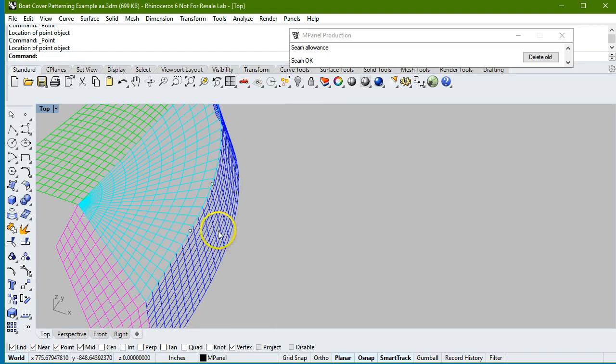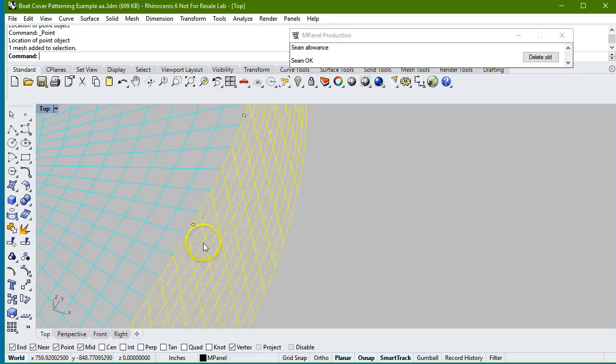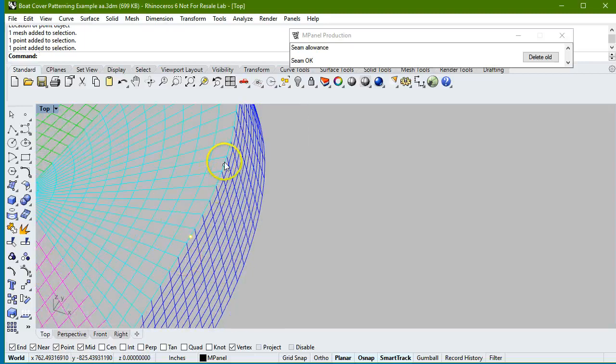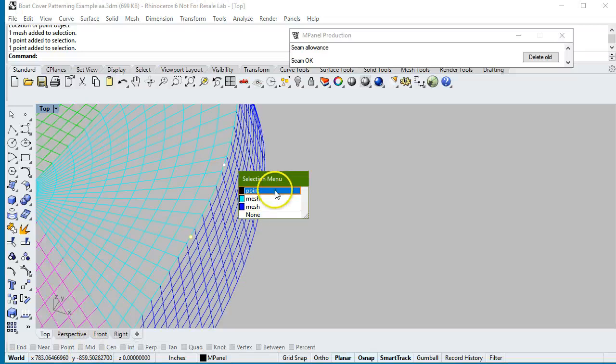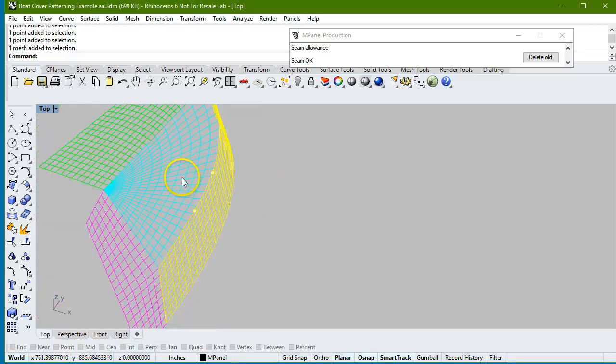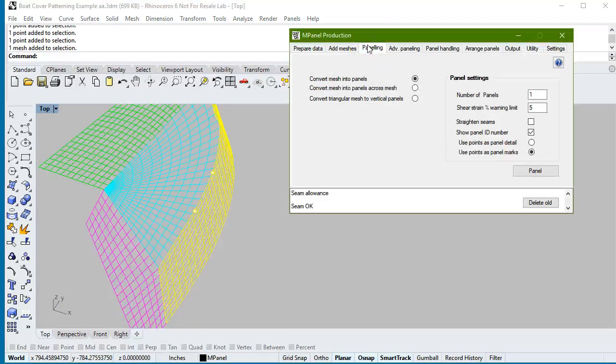When we panel this, if we want these alignment marks on the edges, we also have to select the two alignment marks. And then, when we panel, we have a choice of using